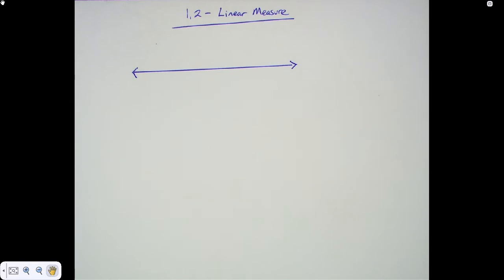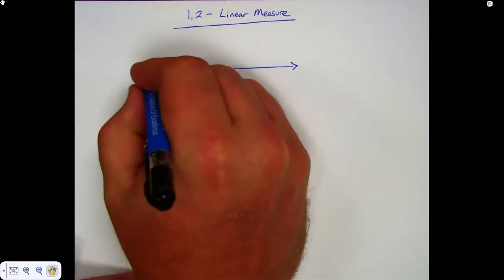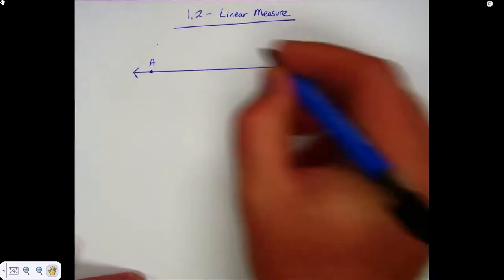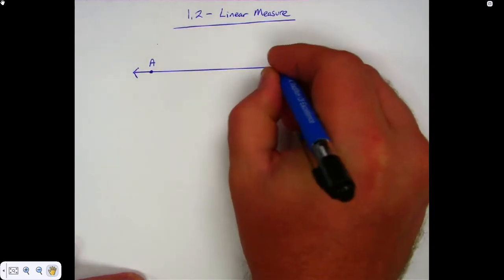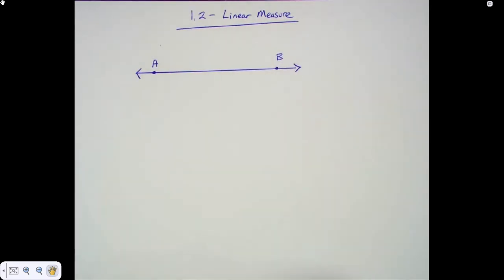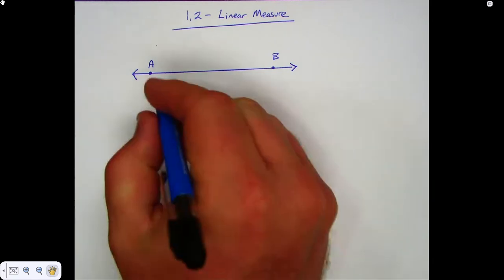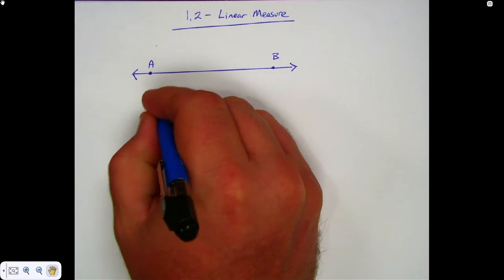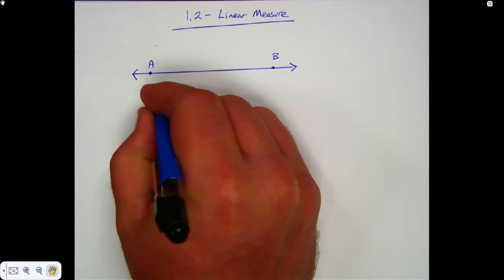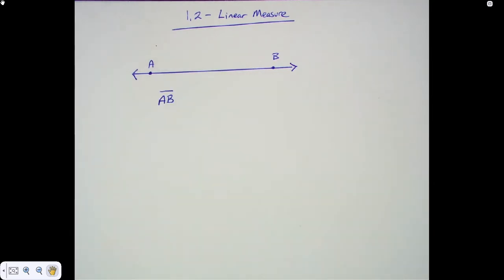However, if I put A here and B right here, could I measure the distance from A to B? Yes. What we call these are line segments. It's a segment of a line. How do we write them? If I have AB and I put a segment over it, what's the difference there? There are no arrows. I am representing the line segment